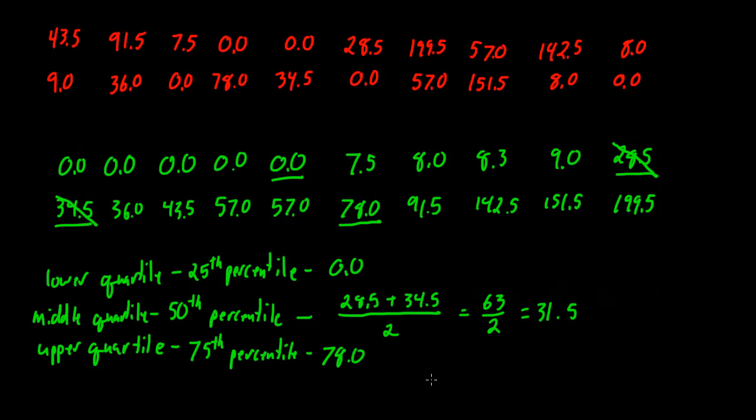as our upper quartile. So now if we look at this, it's breaking our data essentially into 4 evenly sized pieces. So we have from 0.0 up to the 31.5. We have from 31.5 up to our 78.0, and we have our 78.0 onward up to our 199.5. And this is how we're just going to describe our data using percentiles,